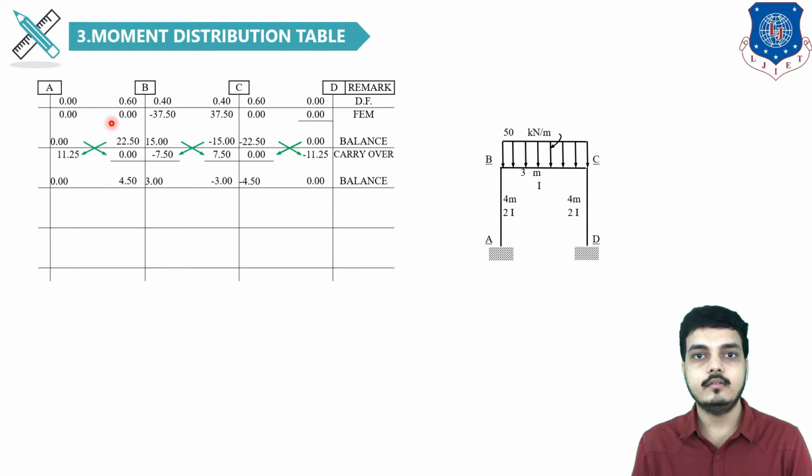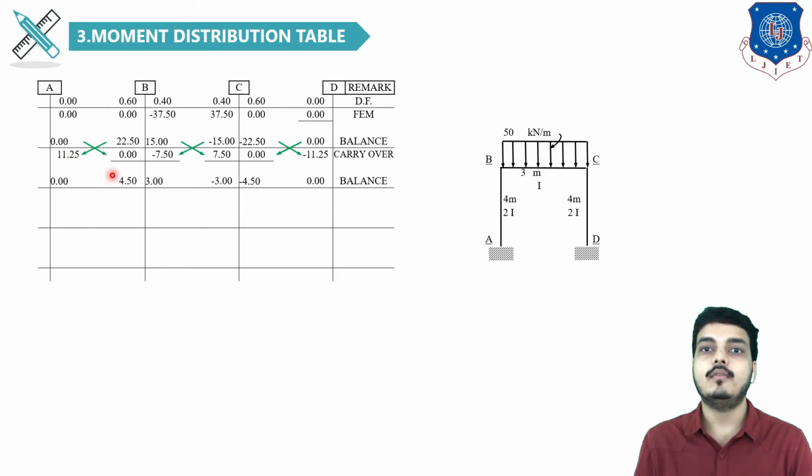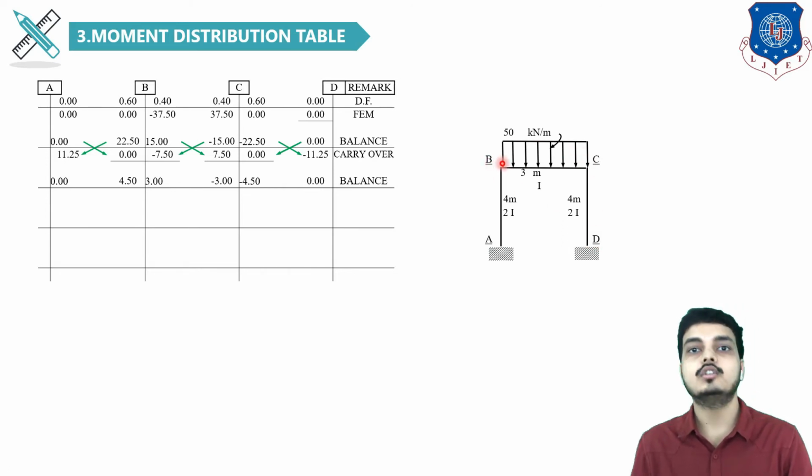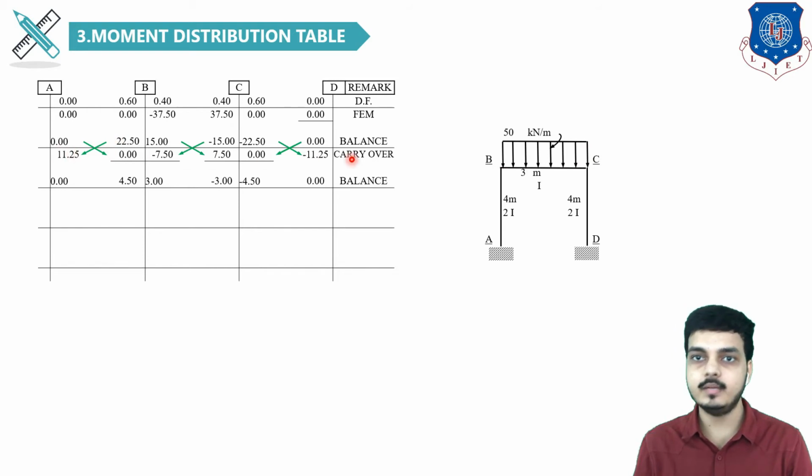Now before that we have to transfer moment. For transferring that you have to look at the figure. You can see A support and D support are my fixed supports. So we can transfer half of the moment in A and D, from B and C. But as you can see, B and C are pin joints. For solving this, we will consider it as a fixed support because it is an internal pin joint, meaning they are intermediate supports. So we have to consider it as fixed, so we can transfer moment at every point.